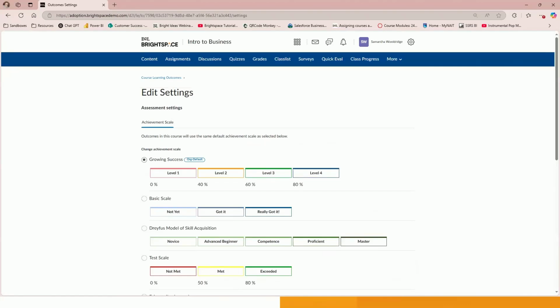All right, so now let's take a look at how you can add outcomes to your individual activities. Outcomes can be added to many things in Brightspace, including assignments, quiz questions, or a full quiz, grade items, portfolio artifacts, and content topics. We don't have time to go over them all in detail today, so we're going to focus on assignments and content topics. First, I'm going to go to my assignments tool through my nav bar,